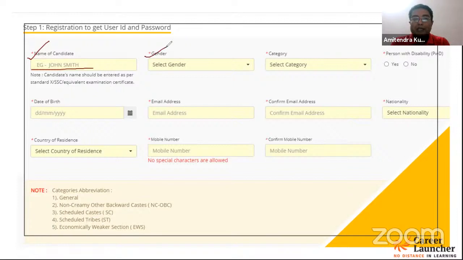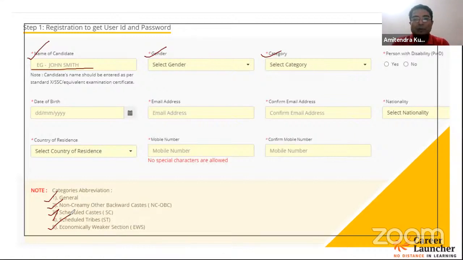From the drop down, select the appropriate gender, and then you have the column for category. Now, which all categories are there? So you have that the abbreviations for the categories are mentioned below out here. So you have open category, which is general. You have non-creamy layer, other backward classes. For you have the scheduled caste, scheduled tribe, and economically weaker sections. And these are the categories from which you can select from the drop down.